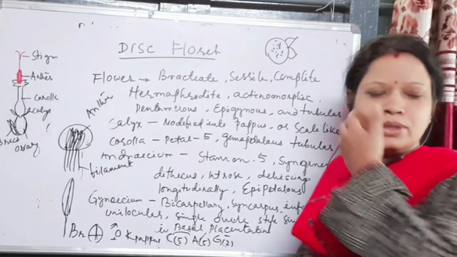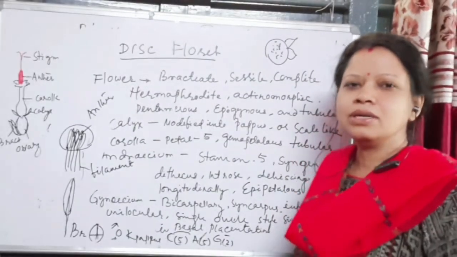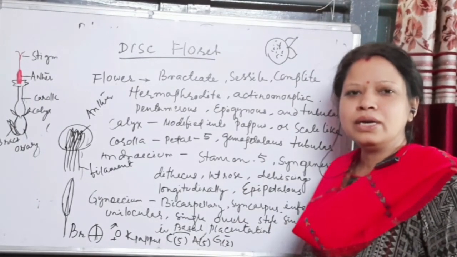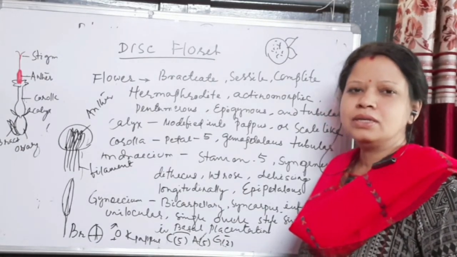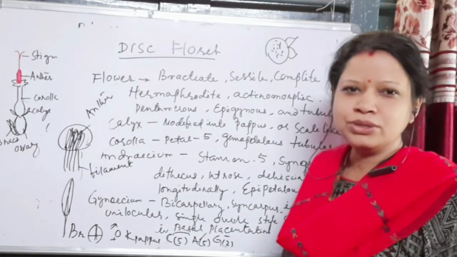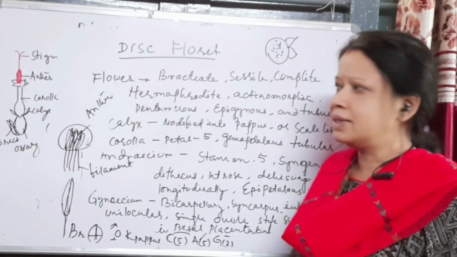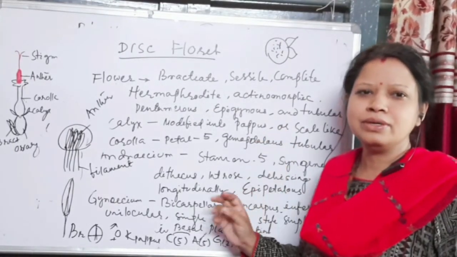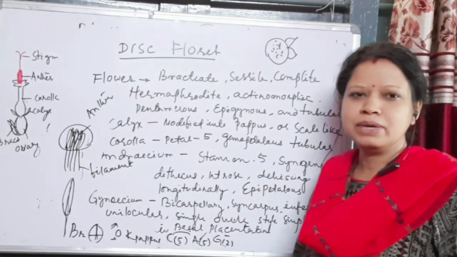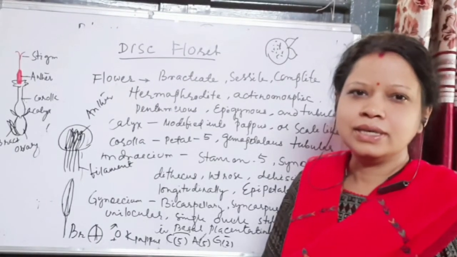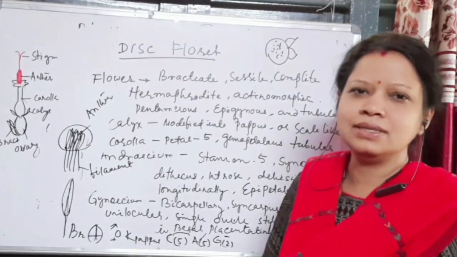So next comes the economic importance of the plants belonging to Asteraceae. Some plants are ornamental flowers like Dahlia, Zinnia, Chrysanthemum, Helianthus. All are ornamental flowers. Some are used as food, that is Lactuca sativa or lettuce, which is a leafy vegetable used in salad, and an oil yielding plant, that is sunflower, and the seeds are used for making oils. So many plants belong to the family Asteraceae, and the old name of Asteraceae is Compositae.